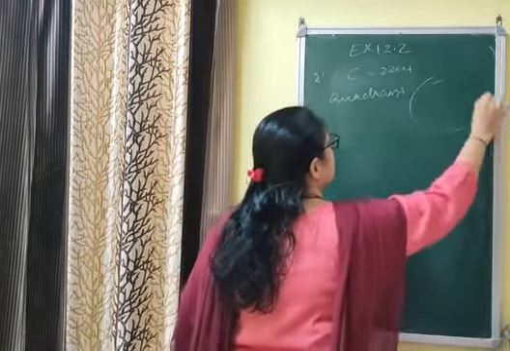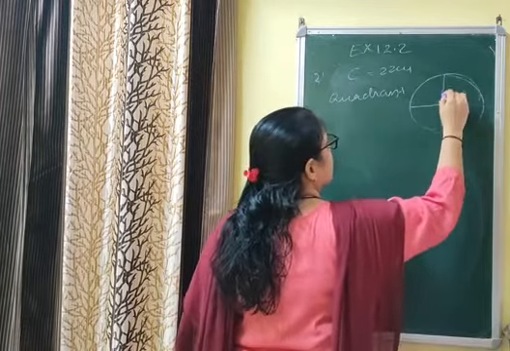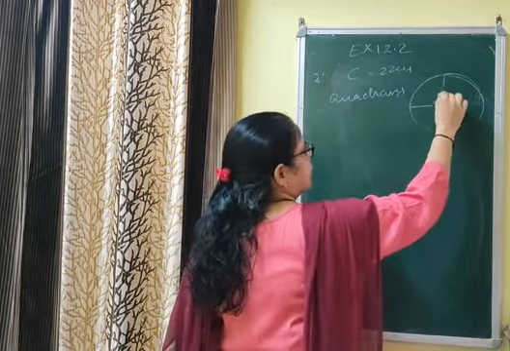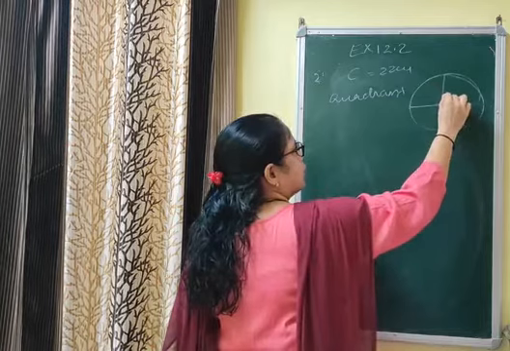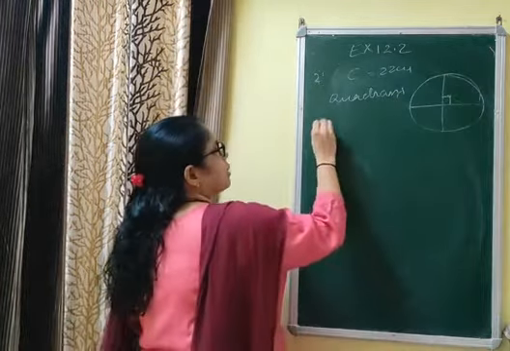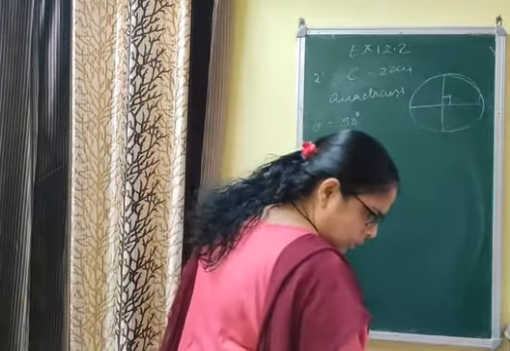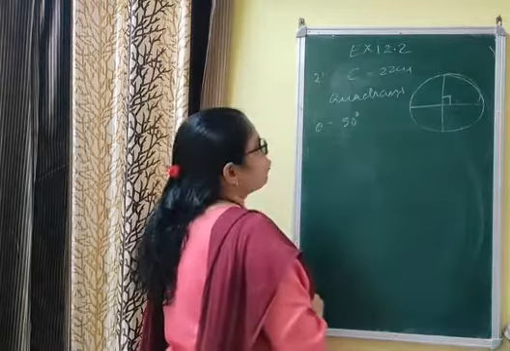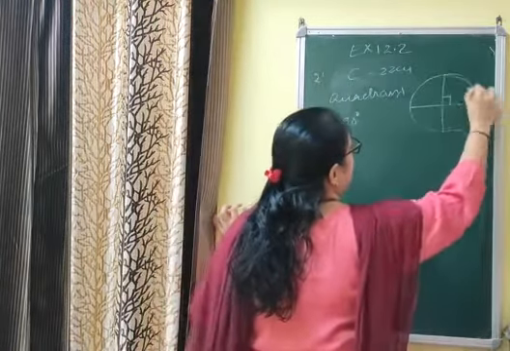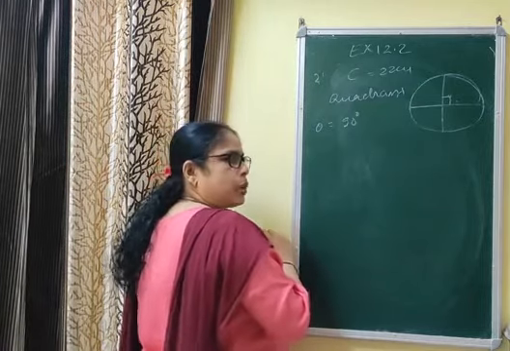That is, if you draw a circle like this and divide it into 4 parts, each part is called a quadrant. Since the total angle is 360 degree, if you divide 360 into 4 parts, the angle is 90 degree. Quadrant means theta is equal to 90 degree. You are asked to find the sector area of the quadrant. Area of the quadrant is in the form of a sector. You can use the formula of circle as 1 by 4 pi r square.